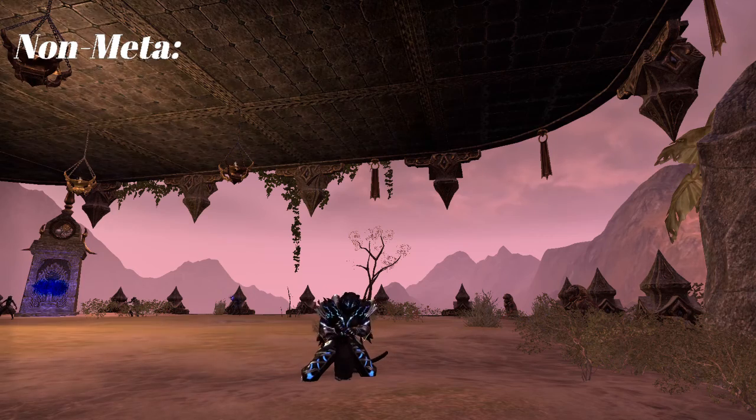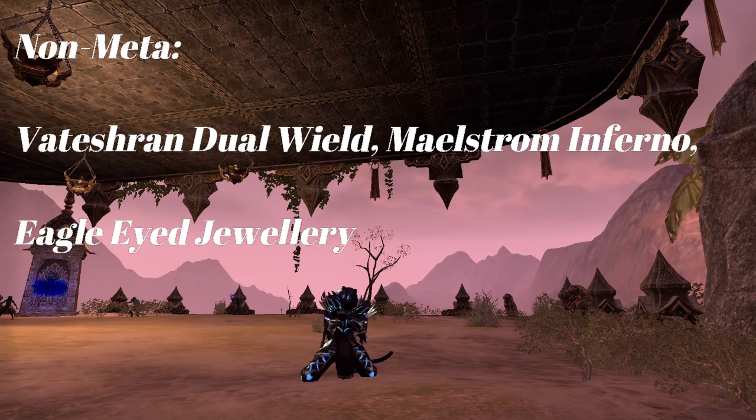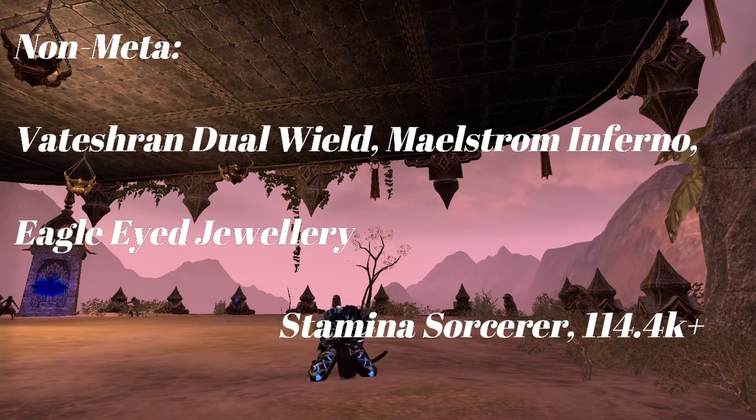My build for Stamina Sorcerer this patch is drastically different from most meta applications and uses two sets which see very little endgame use, and one of which is not known to most of the community at all. So the foundation of this build uses the Vateshran Dual Wield weapons, Executioner's Blade, and I'll go further into it later in this video. But before we start, I would like us to run through the pros and cons of